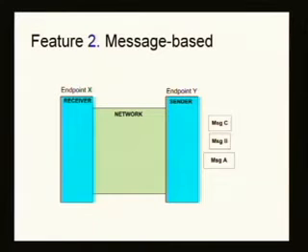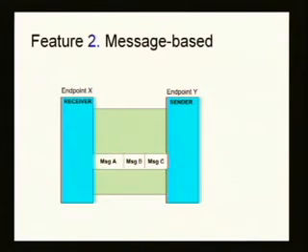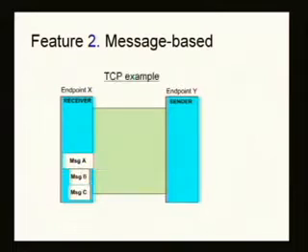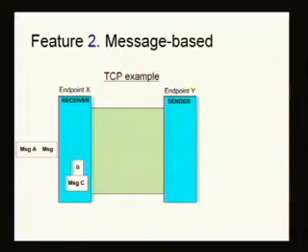We'll illustrate what that entails with a really simple example where an application is sending 3 messages from endpoint Y to X. The write system call occurs, the messages are passed through the network, arrive in the kernel, and are queued up in the kernel at endpoint X. In TCP, the application asks for the data, a read system call occurs, and some data is passed to the application. What is interesting about this data is that there's no boundary between the messages that were sent, and you're also potentially getting data from future messages.